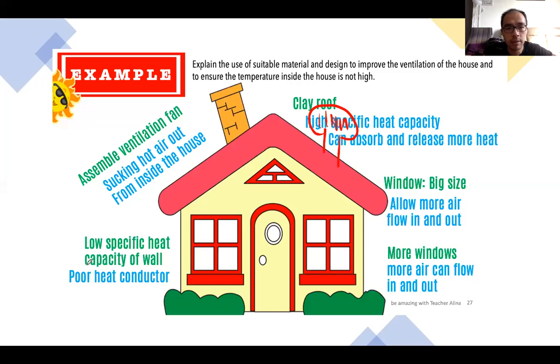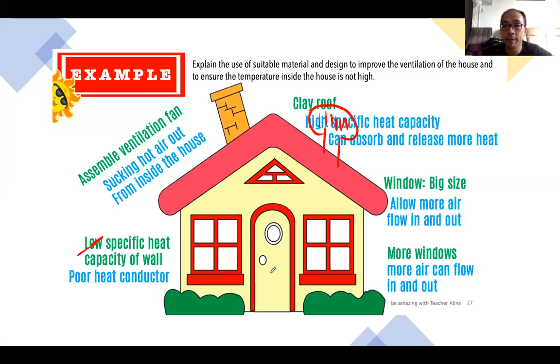Okay, no, it should be high specific capacity. Yeah, sorry, this is a mistake. This should be high. Okay, high specific heat capacity, so that it becomes hotter slower. Yeah, if let's say your entire house is made of metal, and if you stay inside the house, wow, it'll be like an oven. Okay, so usually cement has a very high specific heat capacity, so it takes a longer